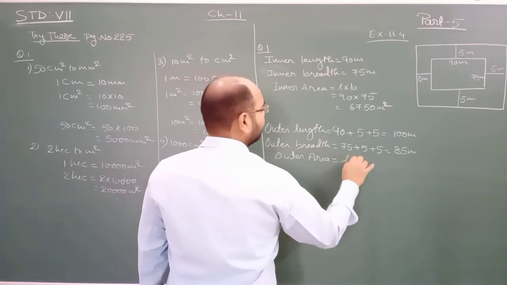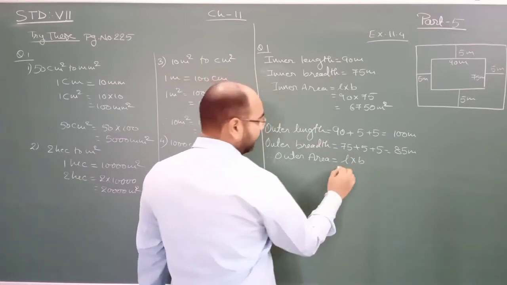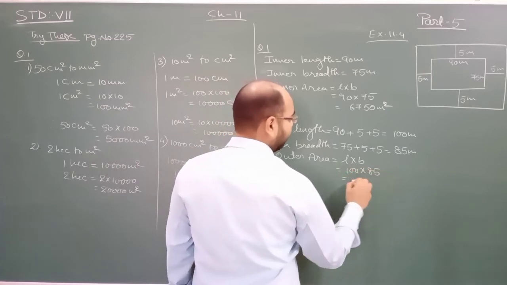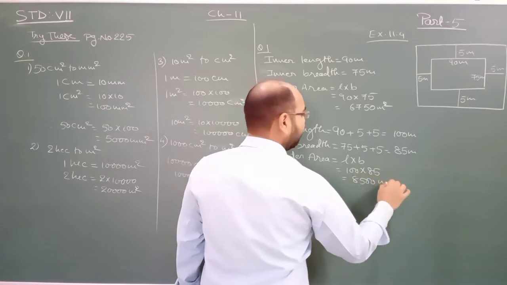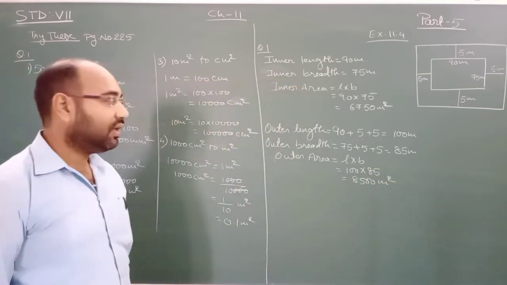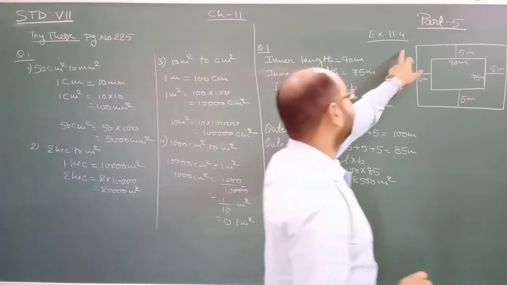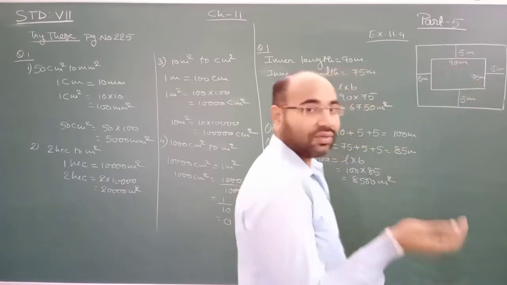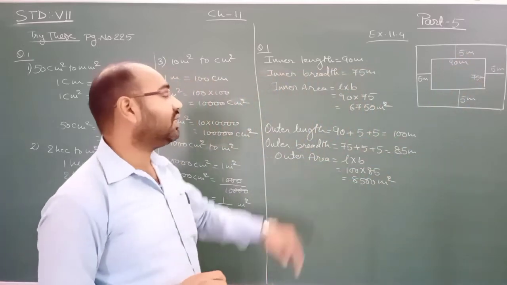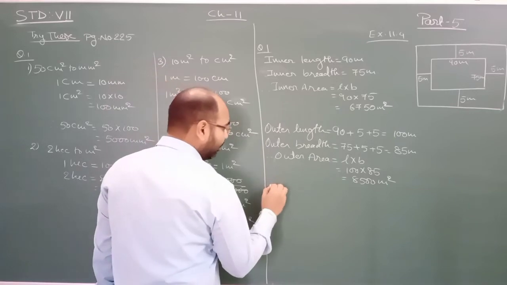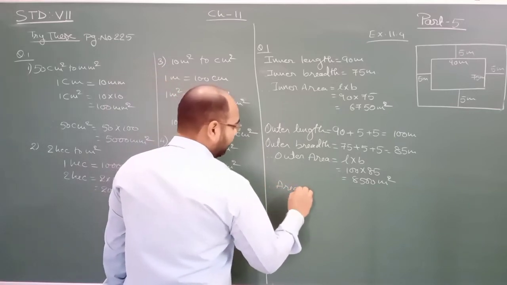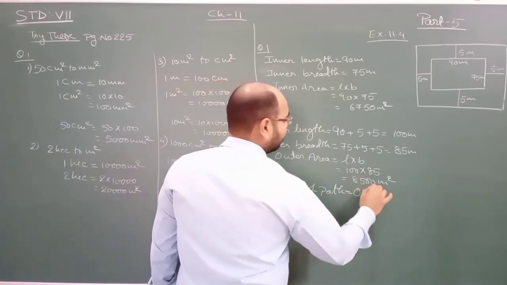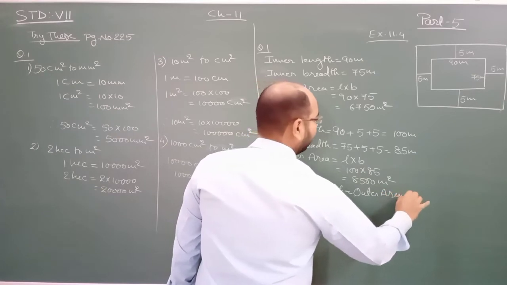Therefore हम क्या फाइंड आउट कर सकते हैं, outer area is equal to what, length into breadth, that comes to 100 into 85, that comes to 8500 मीटर स्क्वायर. अब हमारे पास देखो ये बाहर का जो रेक्टेंगल है उसका एरिया भी है, अंदर का रेक्टेंगल है उसका भी एरिया है, so हम उसमें से क्या करेंगे, outer minus inner, तो हमें क्या मिल जाएगा, area of path. Now area of path is equal to what, outer area minus